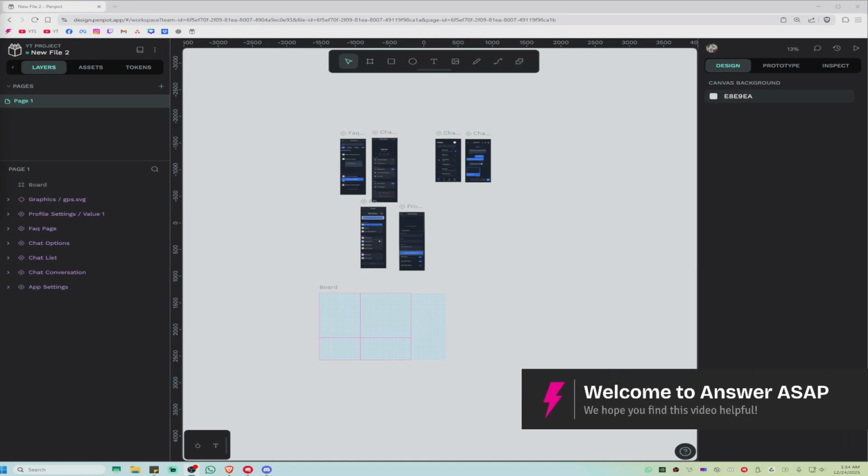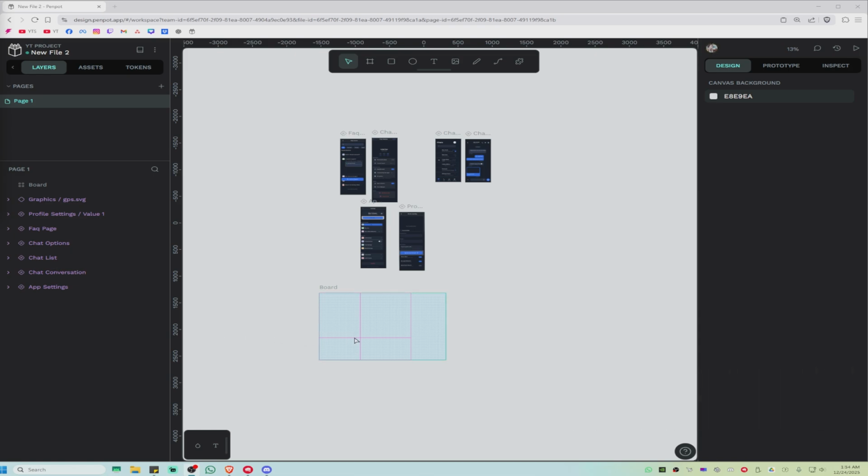Welcome. In this video, I'll show you how to manage pages and layers here in Penpot. Okay, so in Penpot, pages and layers are managed using the left panel, or left sidebar,